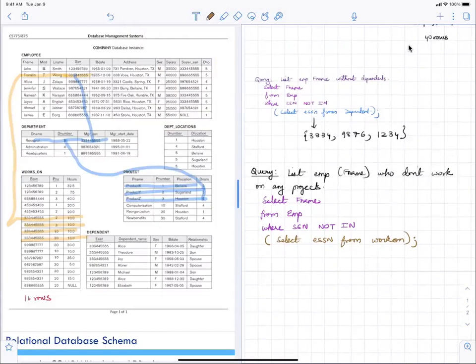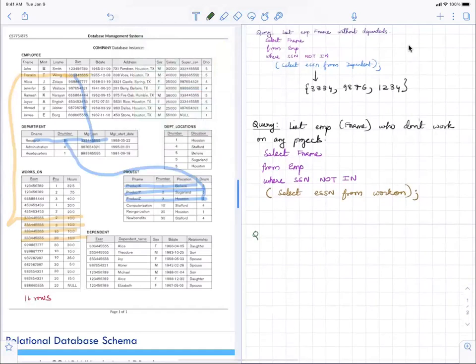So this next query is select employees who have a dependent with the same first name.